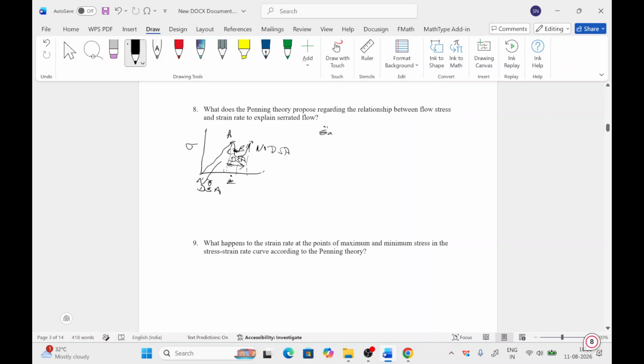So this is the C point. So for this condition, the strain rate is defined as